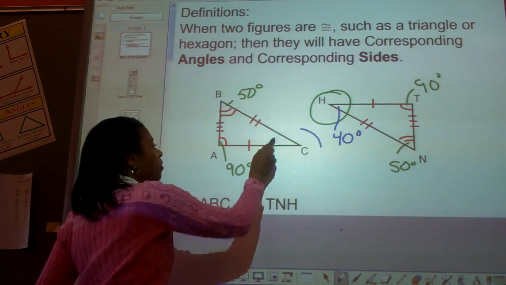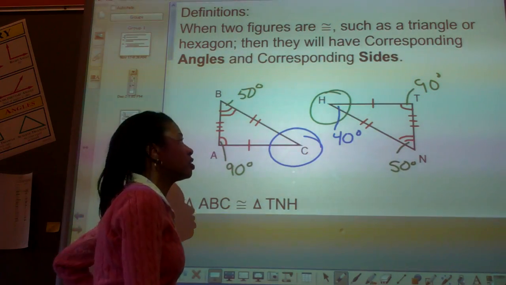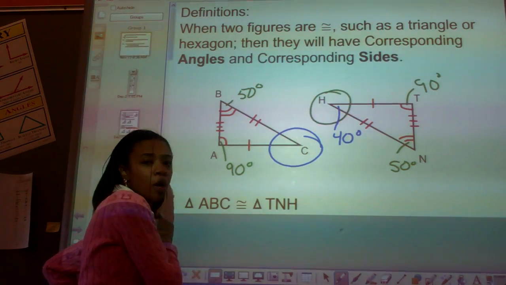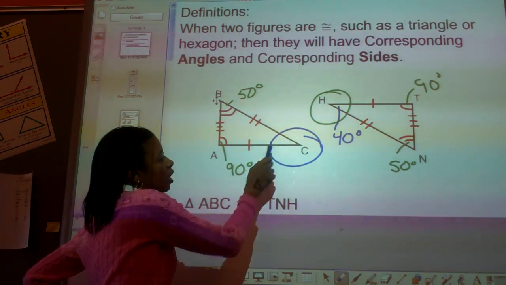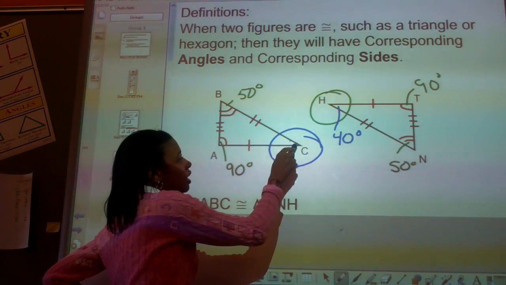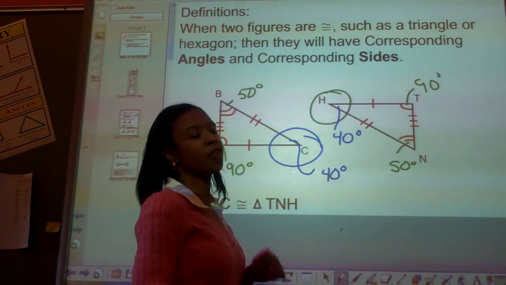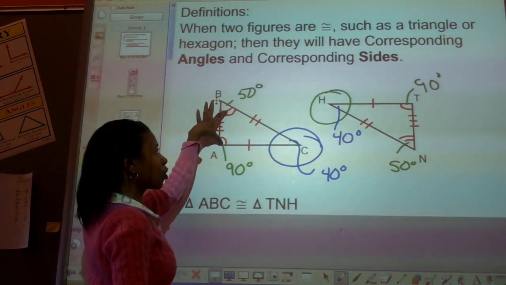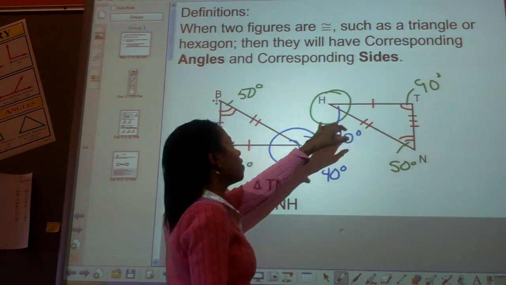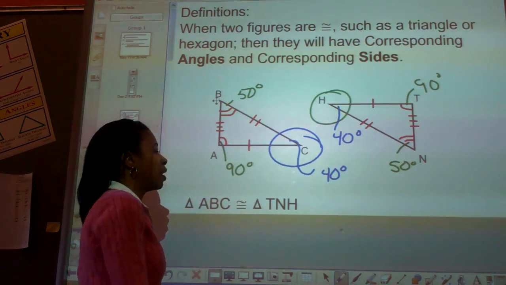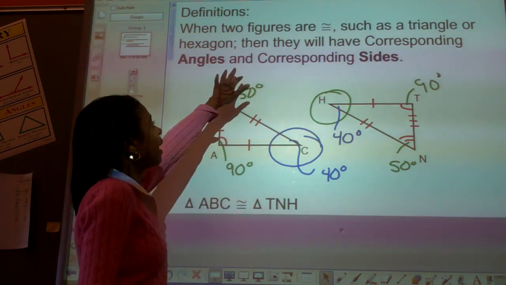And even if you did the same thing to find angle C, still using the triangle sum theorem, the interior angles have to equal 180 degrees. And 90 and 50 make 140, and 140 away from 180 leaves this at 40 degrees for angle C. So automatically the first two angles are congruent on one triangle, and they're congruent to the two angles on the second triangle. That automatically means that the third angle will be congruent. Anyway, going back to